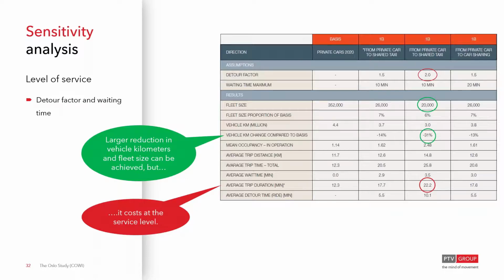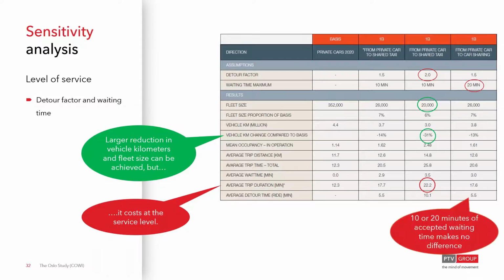Will the customer accept it? Supply and demand question, isn't it? The second factor we changed was the waiting time, and we upped that from 10 minutes to 20 minutes. In theory, the longer waiting time you give, the more flexible the system can be, the more chance the vehicles have got to get in position. But we actually found it made no difference.